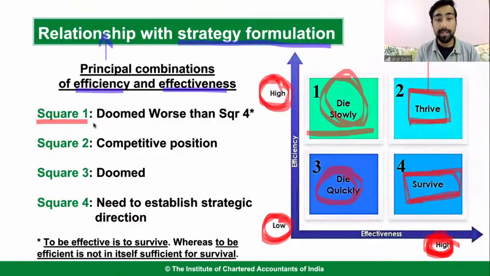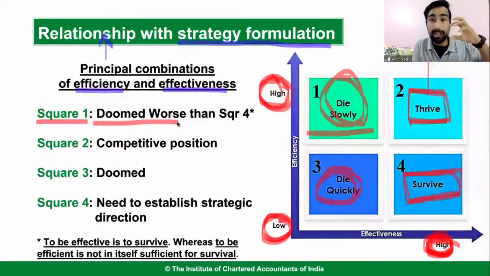That means basically you're doomed, slowly and steadily, क्योंकि आप कर तो सही तरीके से रहे हो बट आप जो कर रहे हो वो गलत है, right? You will die slowly का मतलब है that आप कर सही तरीके से रहे हैं, but you're doing the wrong thing, right? You're doing it in the right way, but you're doing the wrong thing.